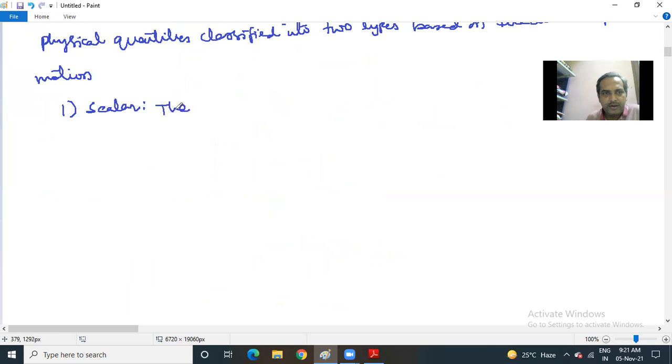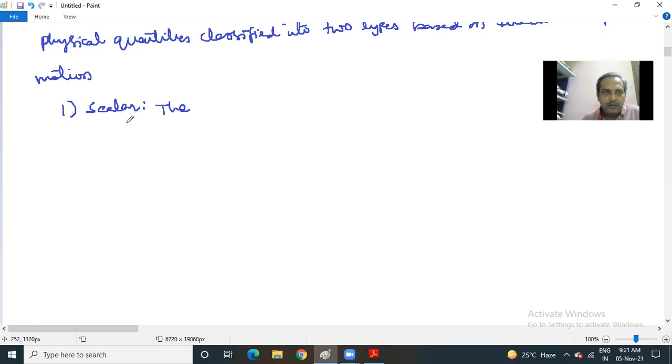You may ask me another question: what is a physical quantity? Something which can be measured with the help of an instrument is called a physical quantity. Mass is a physical quantity. We measure mass with the help of a common balance, or a weighing machine. If you multiply by g, you will get the weight. In the shops they measure only mass, so it is a weighing machine. The meter scale is the instrument with the help of which we measure the length of a body.